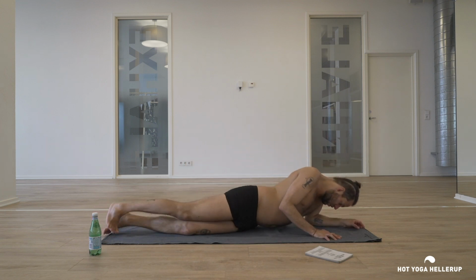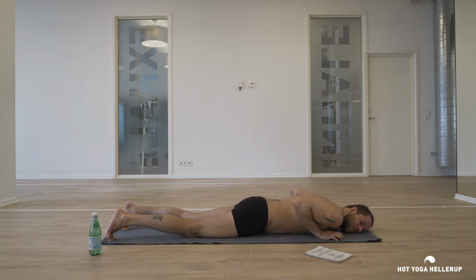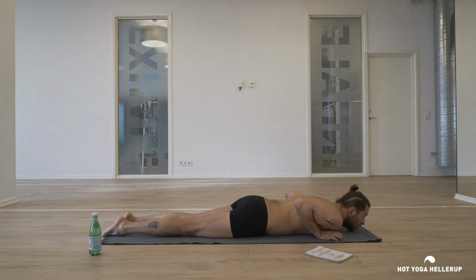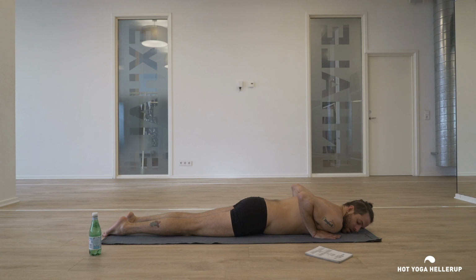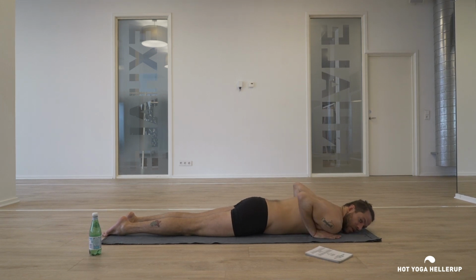Then come to your stomach for the Cobra Pose. This is the spine strengthening series, next 4 postures. Your chin on the floor, hands underneath your shoulders. Now when you hear the teachers say bring your shoulders and the top of your fingers in one line, you gotta look down and check that the top of your shoulders and your fingertips are in one line, not behind, not in the front,